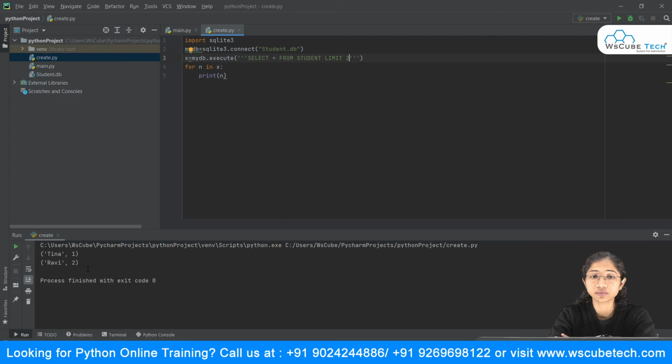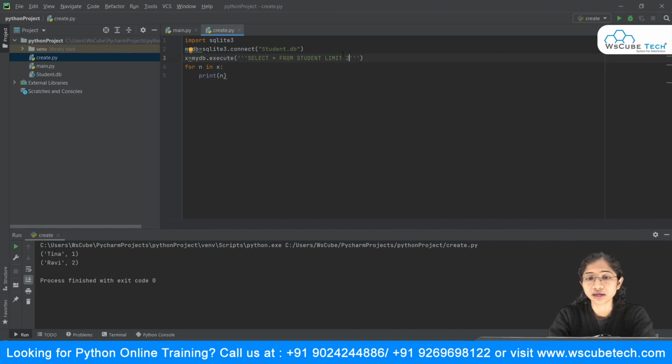For that we have to make use of this select statement, and this select star simply says that it will fetch all the records inside your table. And in order to display that, we made use of this for loop, which fetches each record at a time and displays your data in the form of tuples, as you can see over here.